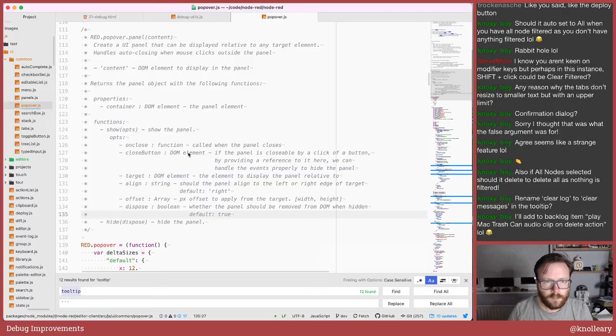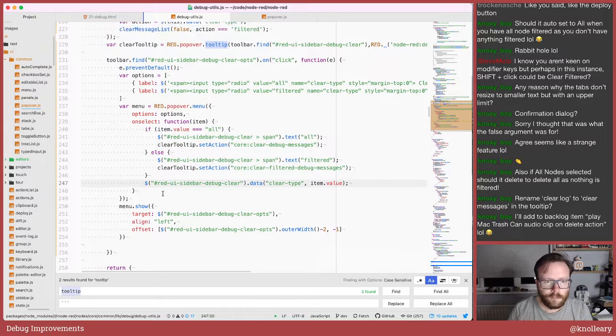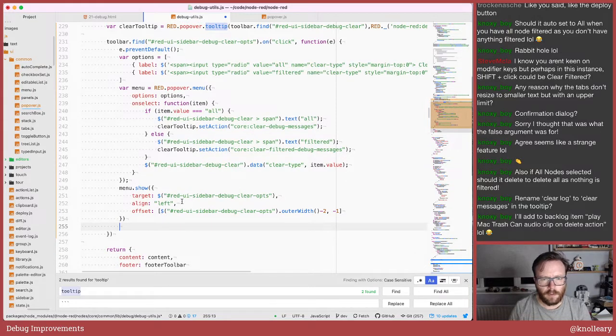No. Okay, so I show it, and then what we want to do is to find an input with name of clear type and a value equal to